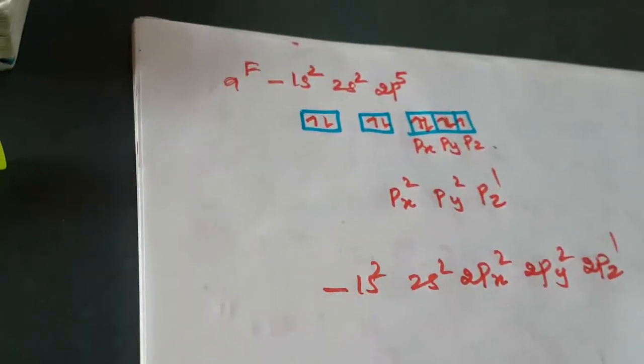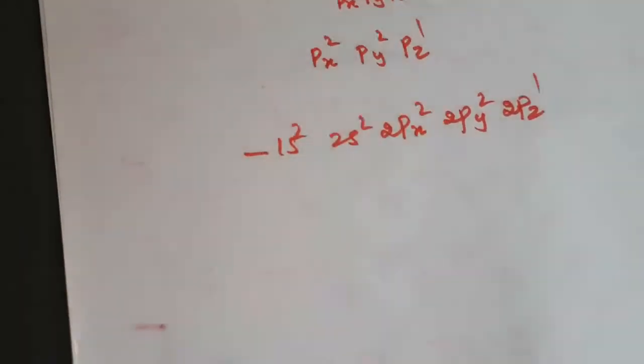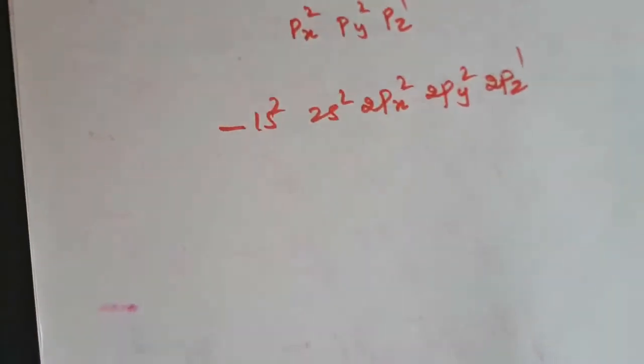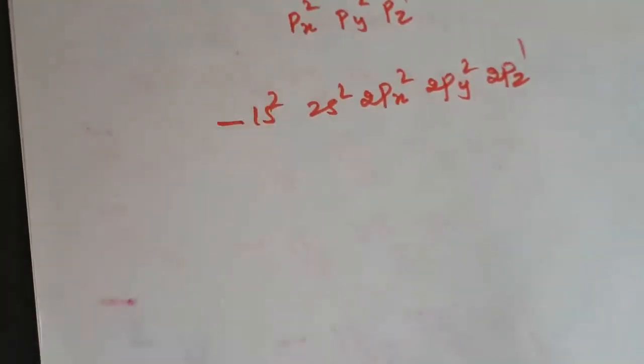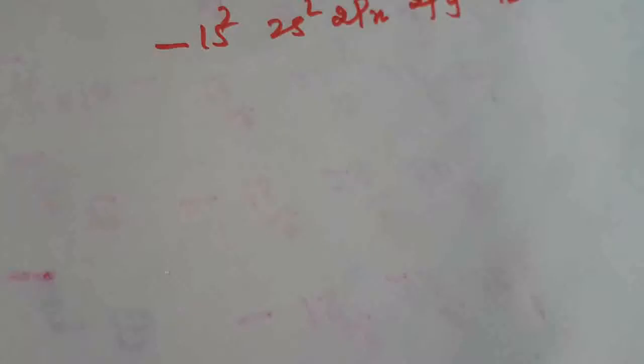This is Hund's rule. Okay, this is another one. The next one is how to write the 4 possible quantum numbers. How to write the 4 possible quantum numbers using these orbitals. So using these numbers, how to write the 4 quantum numbers. This is a one-mark book-back question. Okay, how to write the 4 possible quantum numbers.